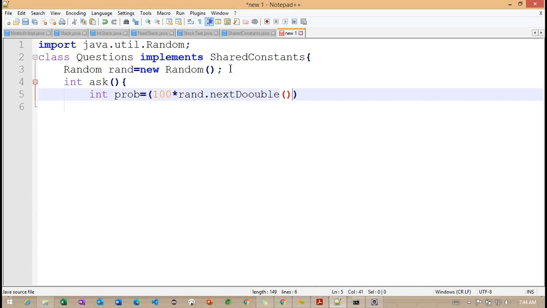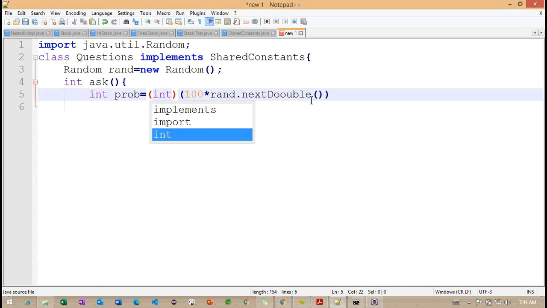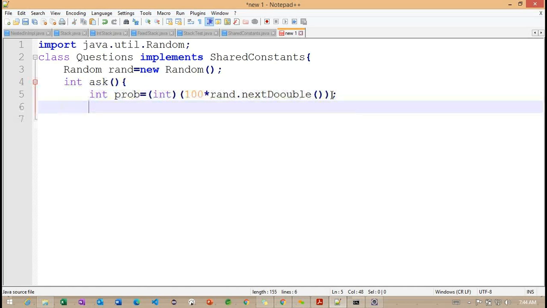Here we are going to get some nextDouble value. Whatever value we are getting here, I'm trying to convert into int, because we need an int value. So from the double we are converting into int here.